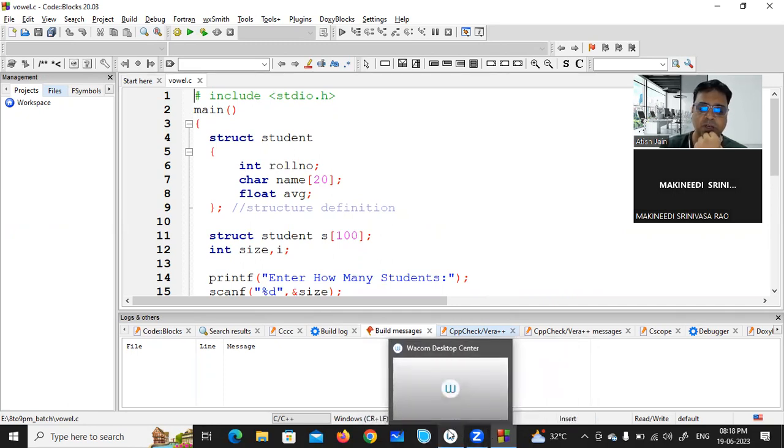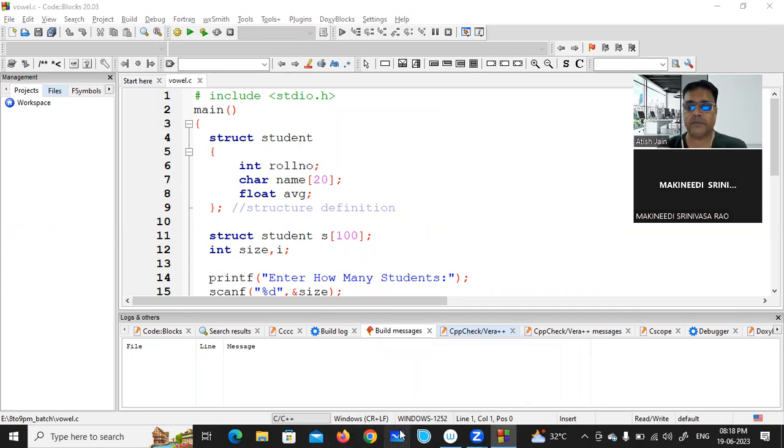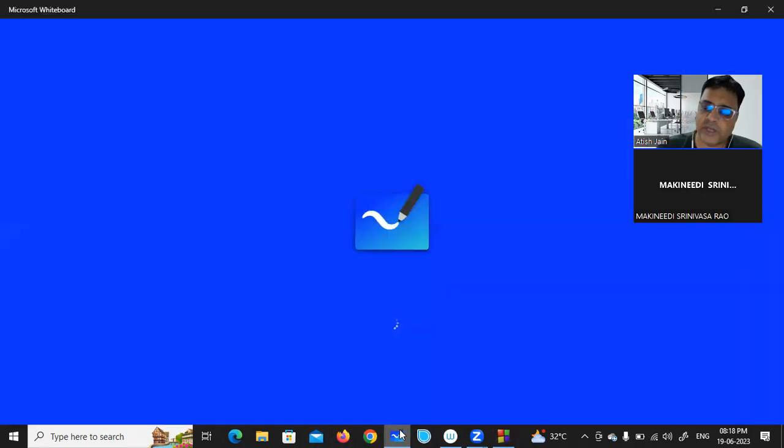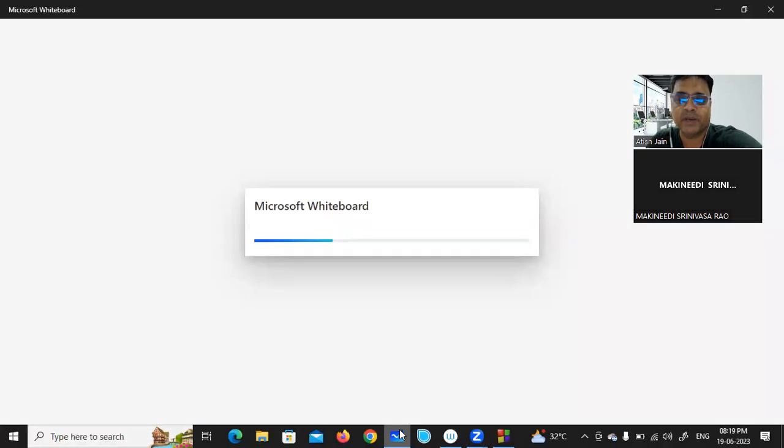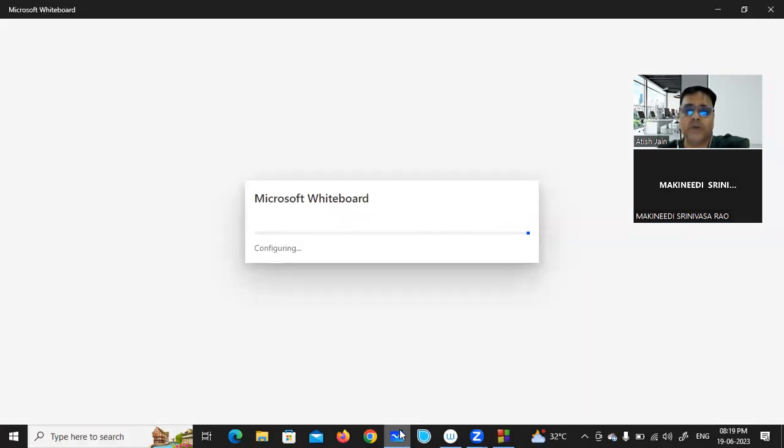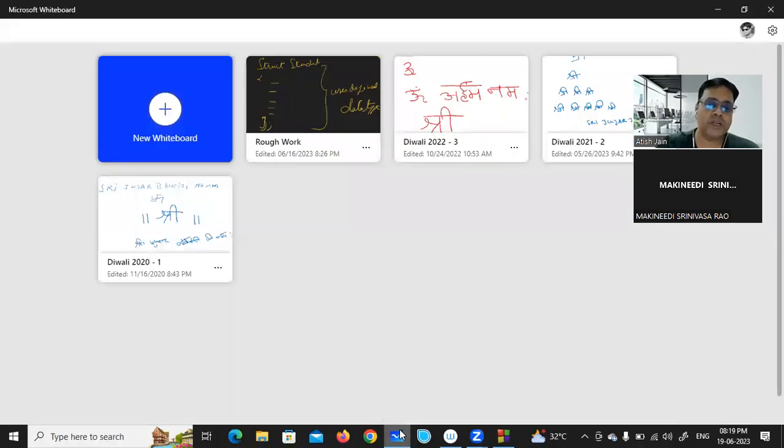But what if you want to develop a real life application where you want to read information about a customer? Okay, you are developing a business application where you want to store information about a customer. So reading information about a customer involves